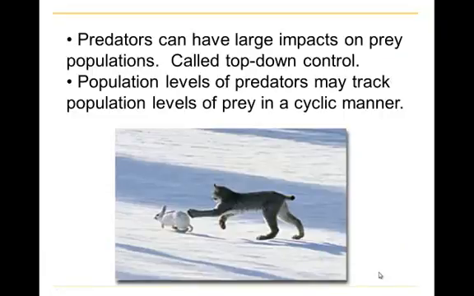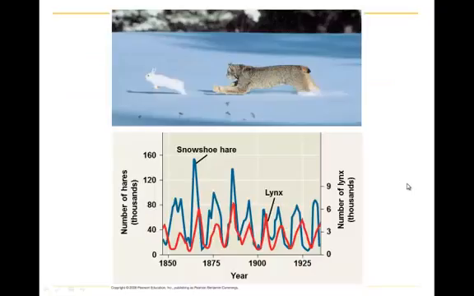And so we call this top-down control, and it turns out that numbers of predators, population levels of predators, may track the population of prey in a cyclic manner. A great example of this is the Canadian lynx and the snowshoe hare. And here is a graph which shows just that relationship. You can see the prey in the blue, and that the